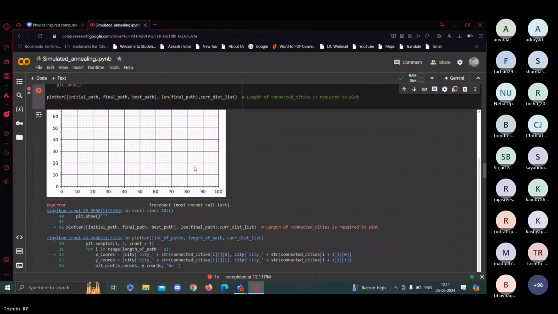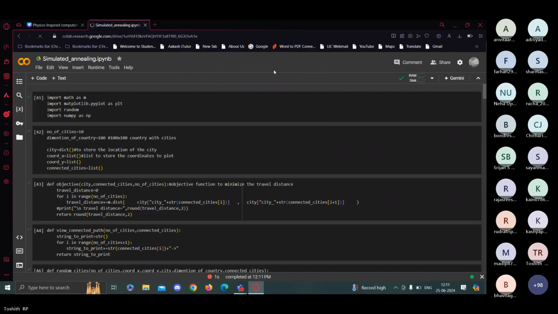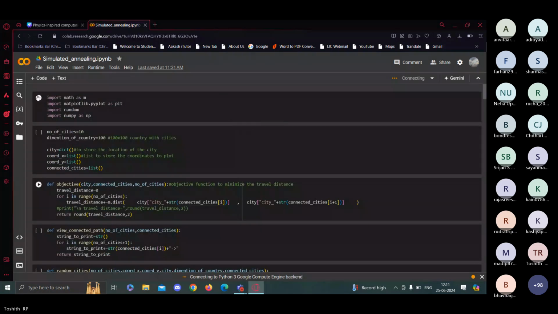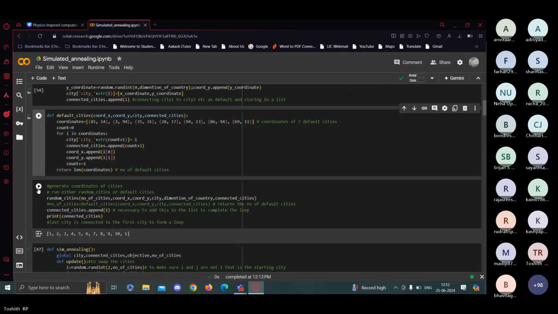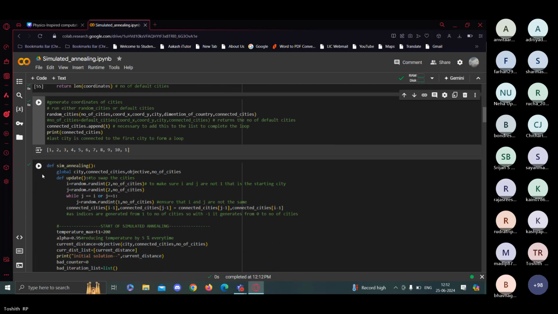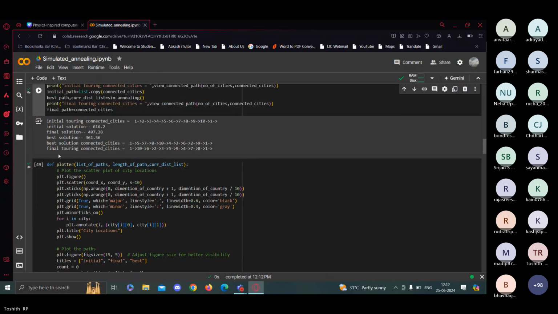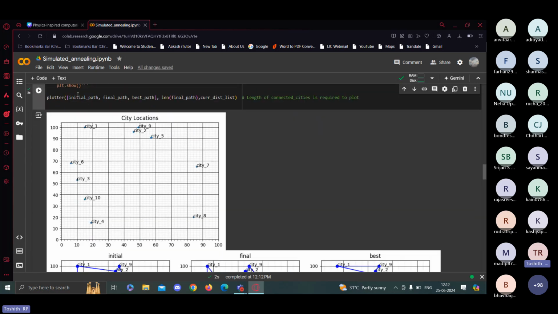Okay, so this is our country, 100 by 100 kilometers.